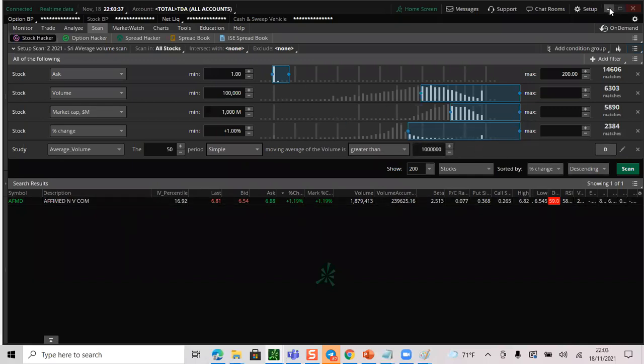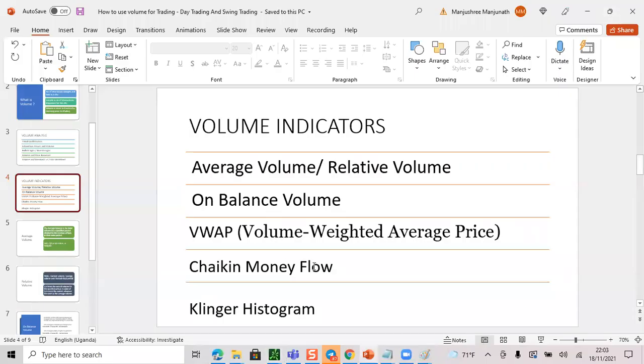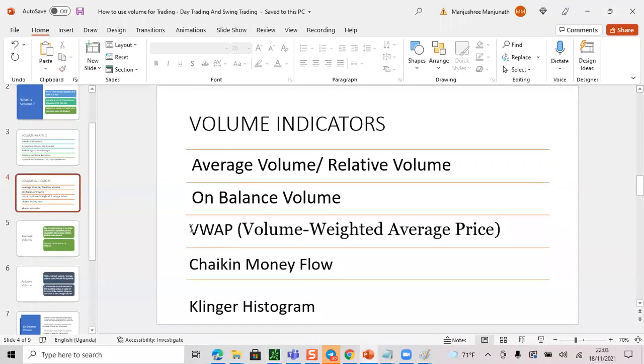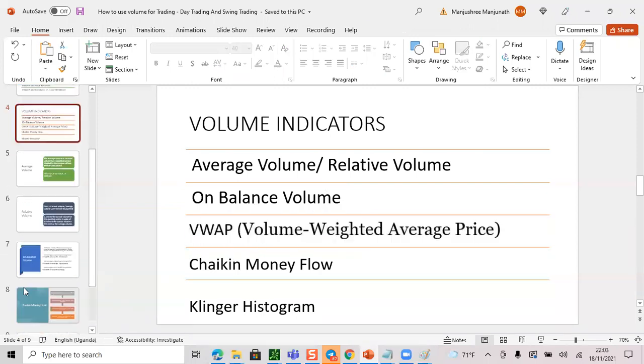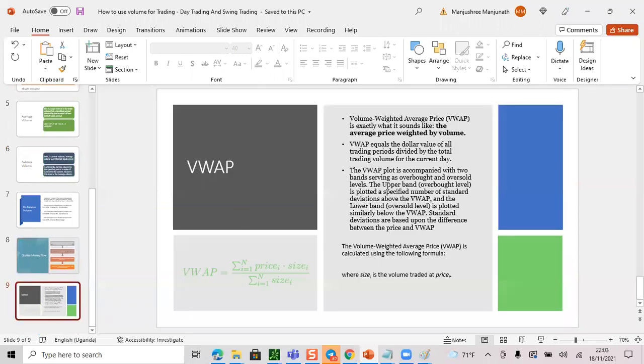So before I go to this one, I wanted to tell about the VWAP, right? The volume weighted average price, especially for day trading. You need to understand what exactly the VWAP is. So VWAP is a volume weighted average price. Basically, it tells the average price weighted by the value, which means, what is the average price based